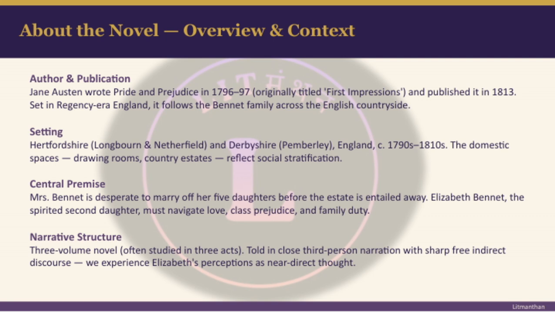The central premise revolves around Mrs. Bennet's desperation to marry off her 5 daughters before their estate is entailed away. Elizabeth Bennet, the second daughter, is spirited and keen, and she has to navigate love, class prejudices, and her own sense of family duty. The novel's structure is traditionally divided into 3 volumes, often seen as 3 acts, and it's